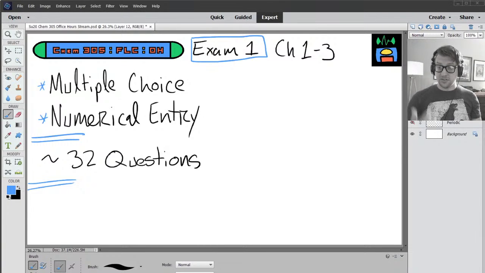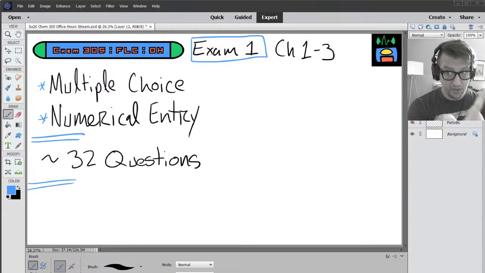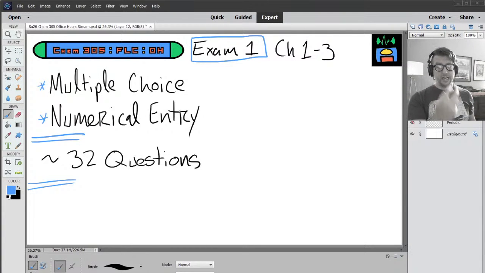And every correct answer has three things: the units, the value, and the sig figs. You have to have all three to have the correct answer. And it's an all or nothing kind of deal. Again, too, that's also Canvas